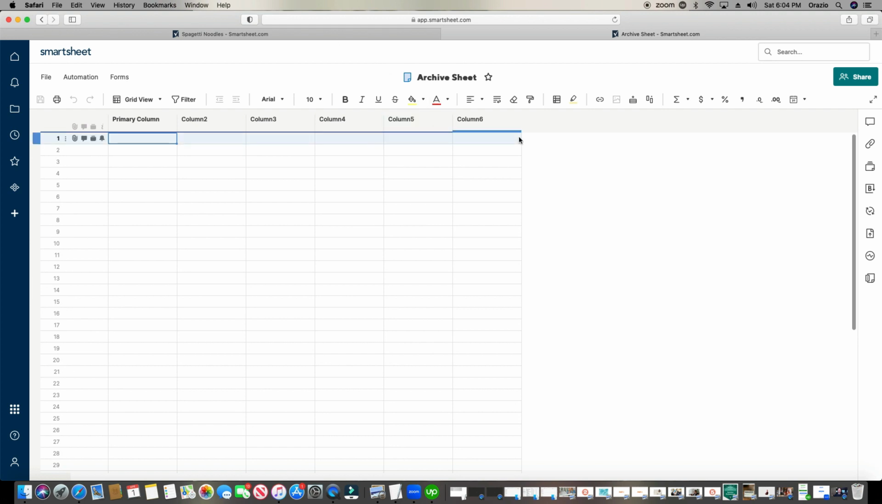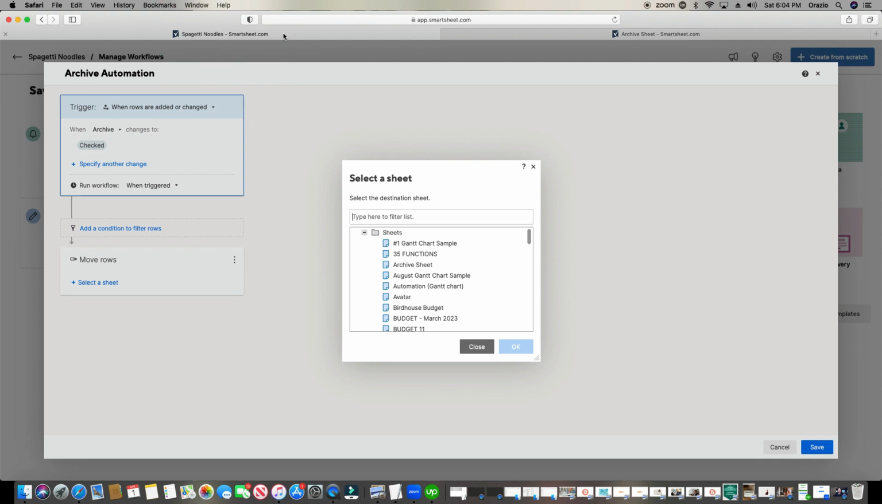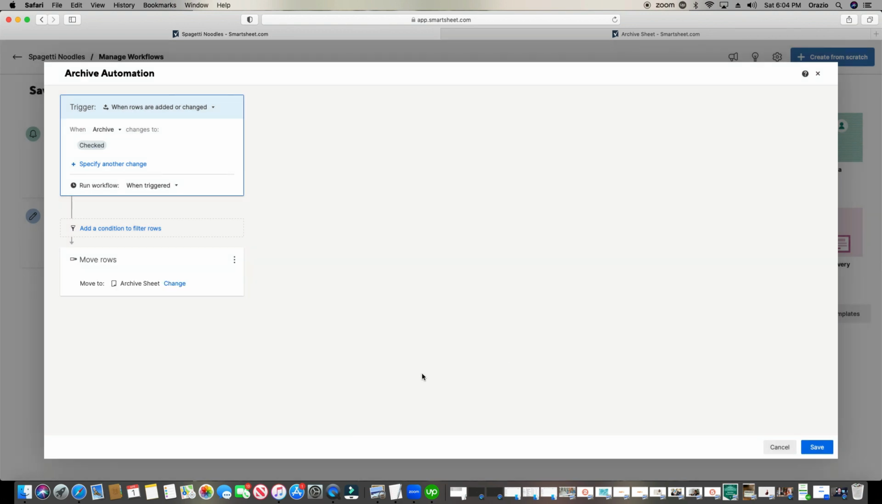So just so you're aware, you do have to create the sheet first that you want the row to move to, which I did. So let's go back to our automation. I'm going to go ahead and type in the name of the sheet. There it is, archive sheet. Click OK. And if you want to, you can set a condition where after the trigger takes place, you have